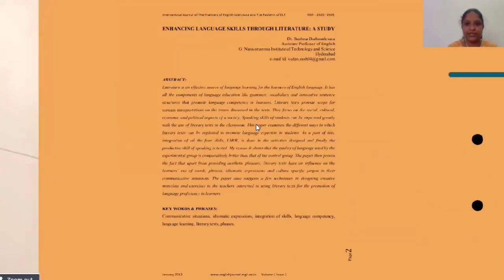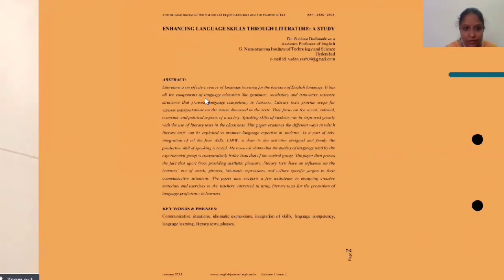See, this is a paper which I have written and published, and the title of this is Enhancing Language Skills Through Literature, a Study, and this is the abstract. If you just observe this paragraph, the first 4 or 5 lines are a brief introduction about the topic. Literature is an effective source of language learning for the learners of English language.